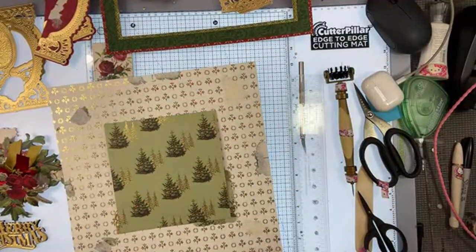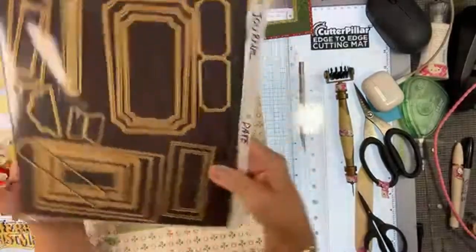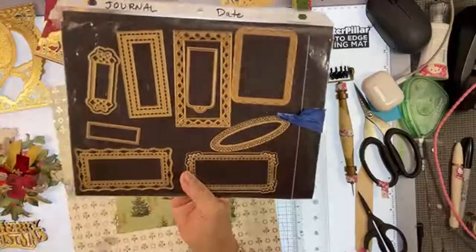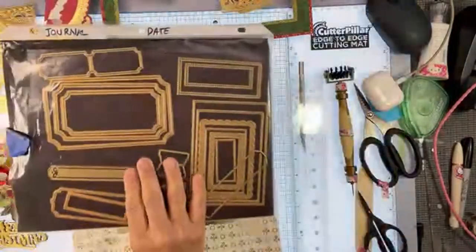And you guys know that I love a journal tag, and I keep mine on special different journal dates because I love them so much for just journals. And so